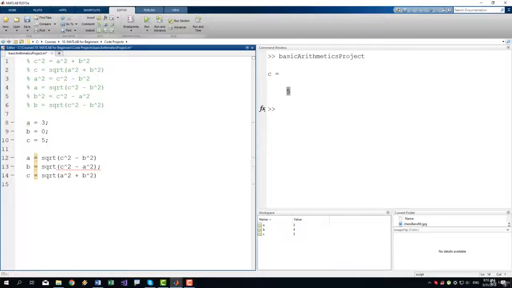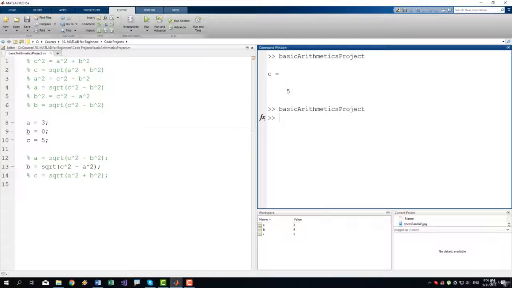Alright, and here we have our c. Great. But now here we can use comments to turn on or off a piece of code. In this case, I'm going to use comments to turn on or off the a, the b, or the c equations depending on what we have to find. So we are going to look for the value of b. So I'm going to turn off a and c. I'm going to use Ctrl and R from my keyboard to quickly comment the rows, and if we run it,